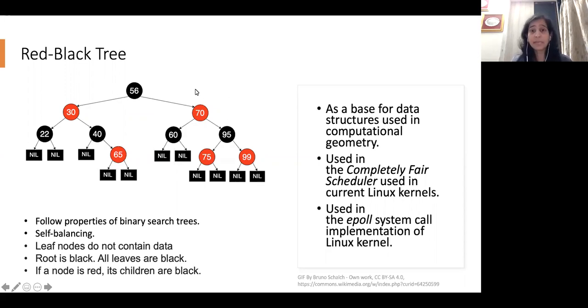I have not used it myself, but even the Wikipedia link was not enough to really grasp why it is red versus black. So I don't have a reason for this. But this is used as a base for data structures for computational geometry. And it's used in epoll system calls and completely fair schedulers.